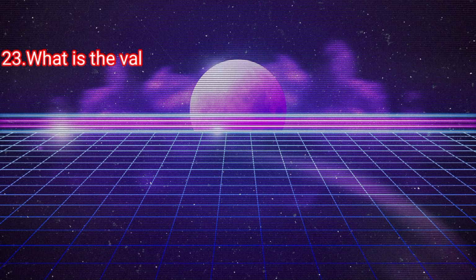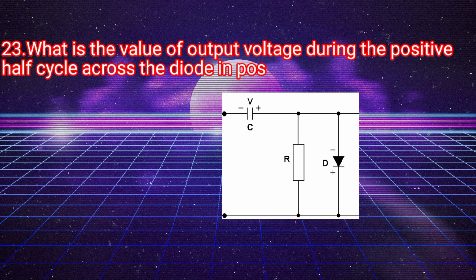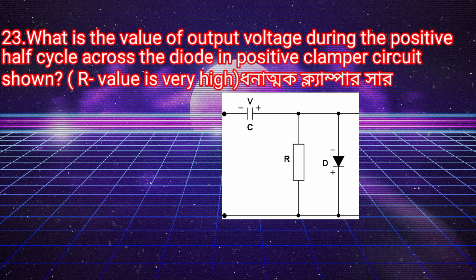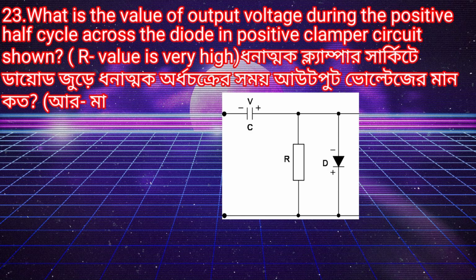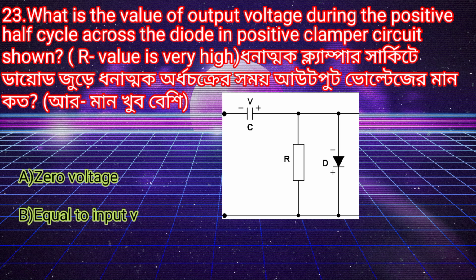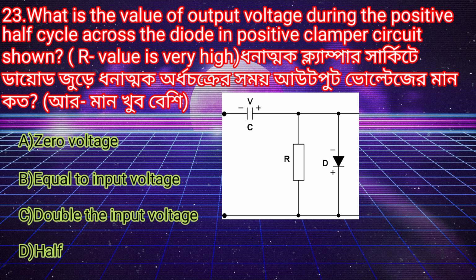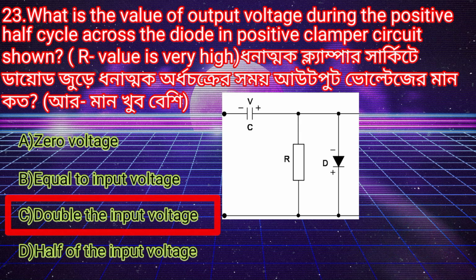What is the value of output voltage during the positive half cycle across the diode in positive clamper circuit shown? Option A 0 voltage. Option B equal to input voltage. Option C double the input voltage. Option D half of the input voltage. উত্তর হবে অপশন সি ডবল দ্য ইনপুট ভোল্টেজ।